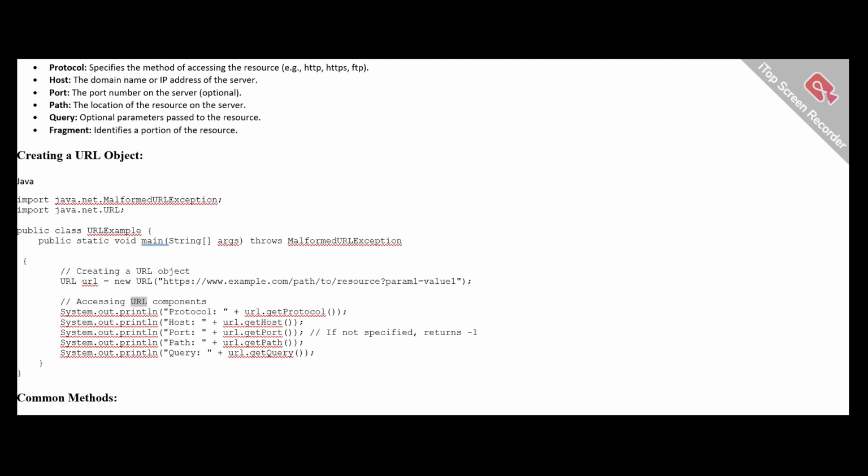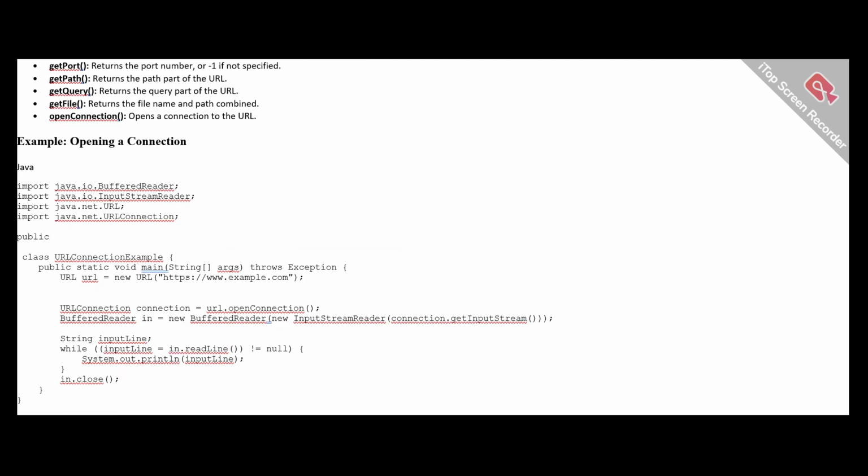// accessing URL components. System.out.println("Protocol: " + url.getProtocol()); System.out.println("Host: " + url.getHost()); System.out.println("Port: " + url.getPort()); // if not specified, returns -1. System.out.println("Path: " + url.getPath()); System.out.println("Query: " + url.getQuery());